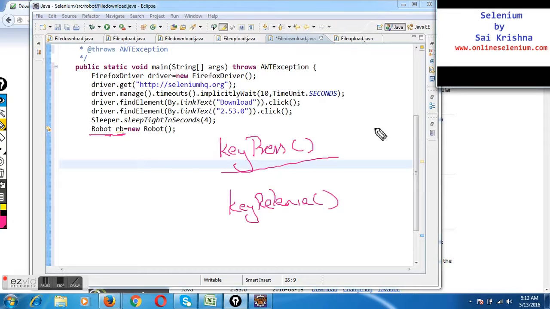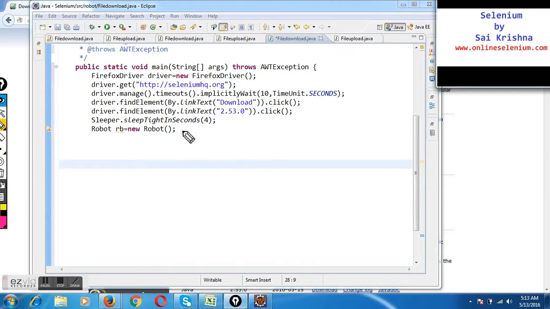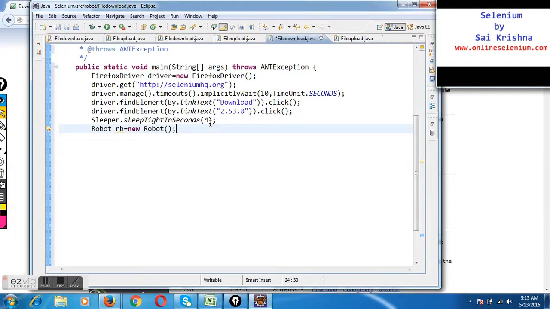Any key you want to press through your robot, this is the method we use. Whatever key has been pressed, if you want to release that key, keyRelease is the method we have to use. If you understand the purpose of these two methods, that is sufficient to handle the window pop-up boxes which come when we are doing Selenium automation. So we created a Robot object RB.